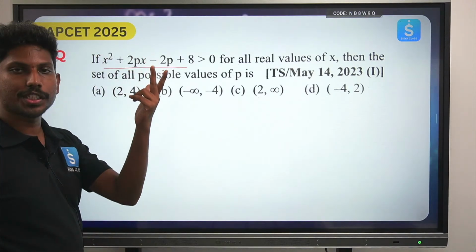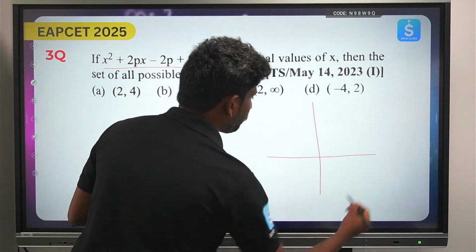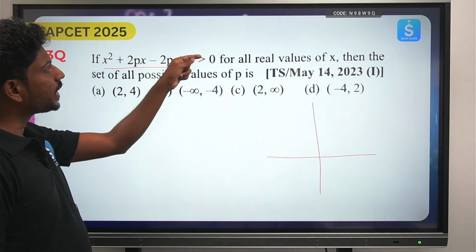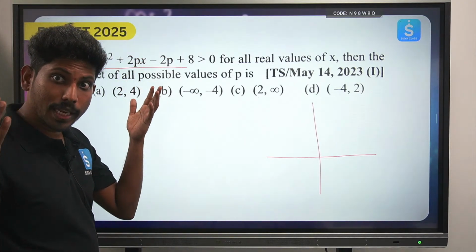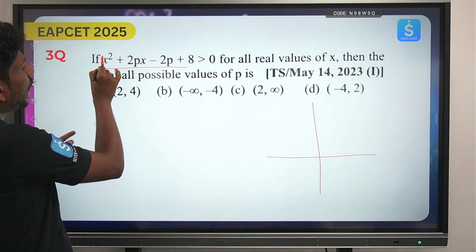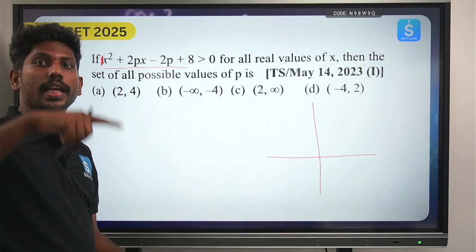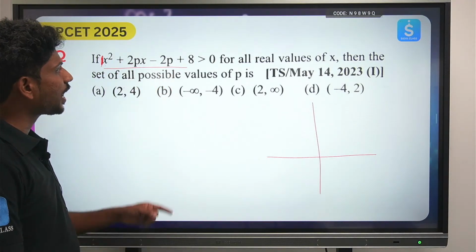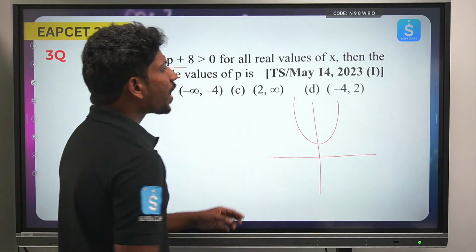Now just try to visualize rather than mugging up the concept. Here, this is a quadratic equation where he is saying this inequality should be greater than 0. That means all values should be positive, above the x-axis. And here, the sign that x square carries is 1, which is positive, so that is also greater than 0. So the parabola is facing in which direction? In the upward direction. And he is saying it is greater than 0. That means there should be no value of x